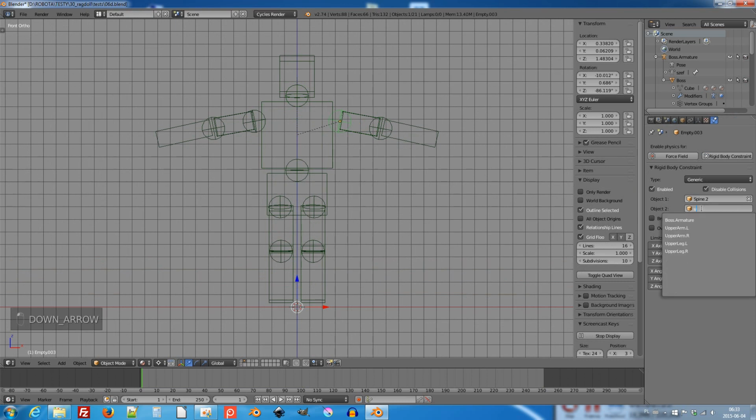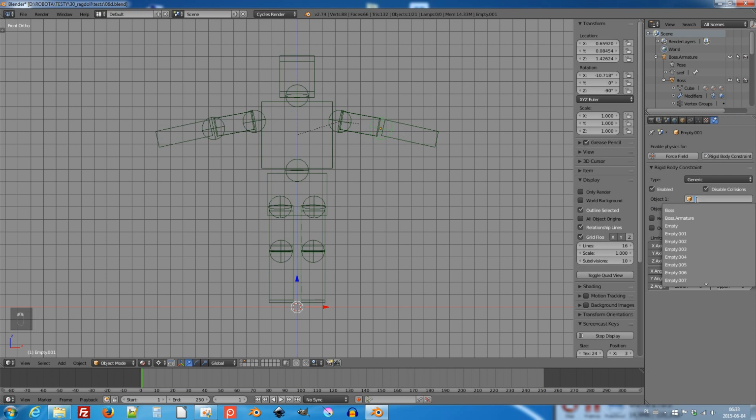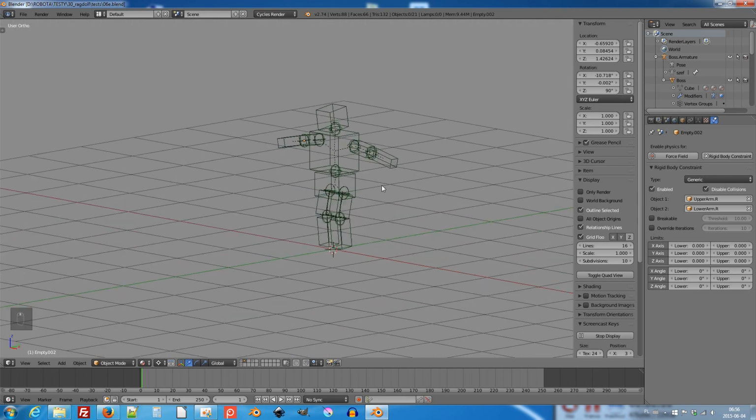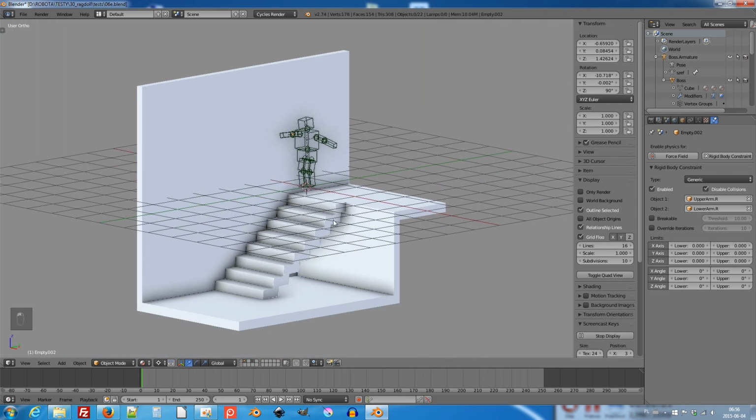And upper arm. And this with this. With lower arm. All objects are connected and we can test it.